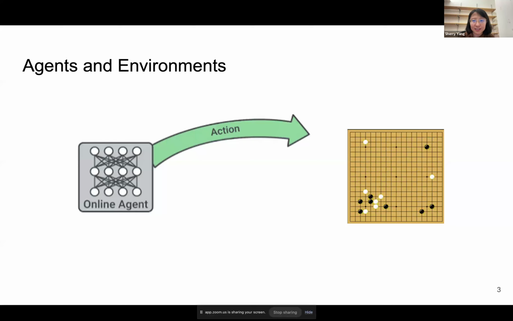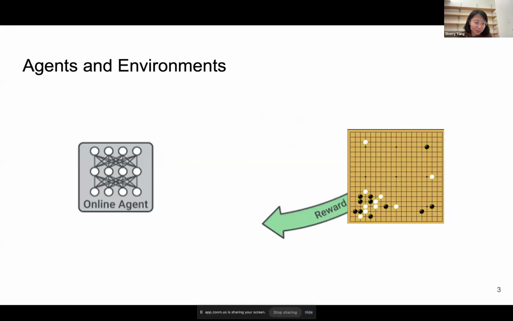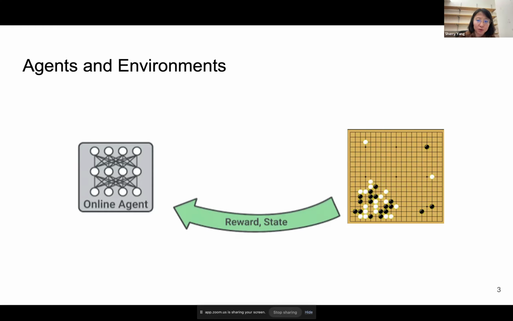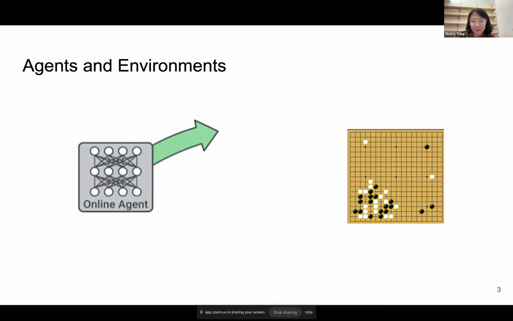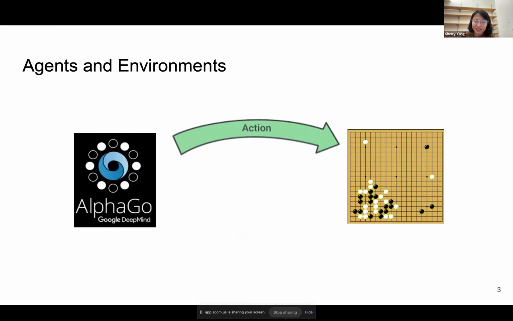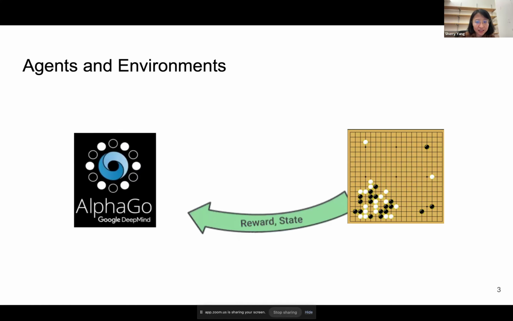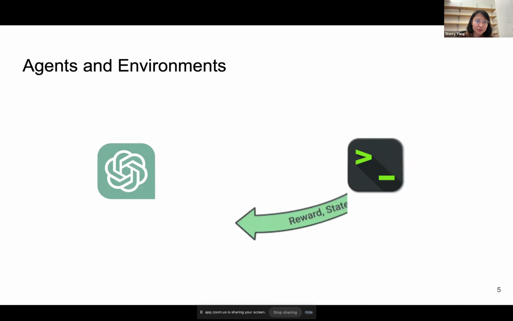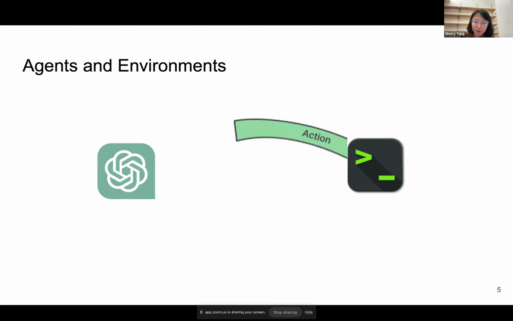So to give you concrete examples, examples of environments include the Go game, where the actions are where to place the pieces and the rewards are wins and losses of the game. In that case, we have already seen that we can train agents that can outperform humans at the game of Go. Another example is, more recently, large language models as agents interacting with external tools like terminals.